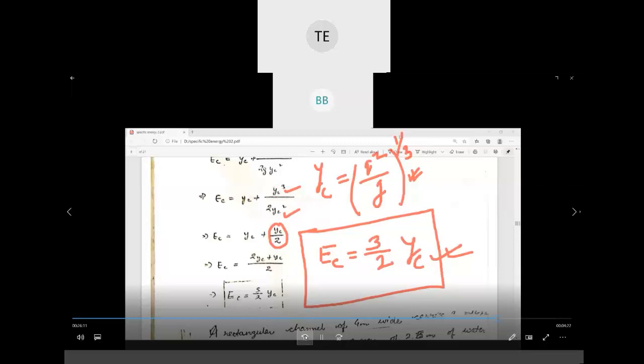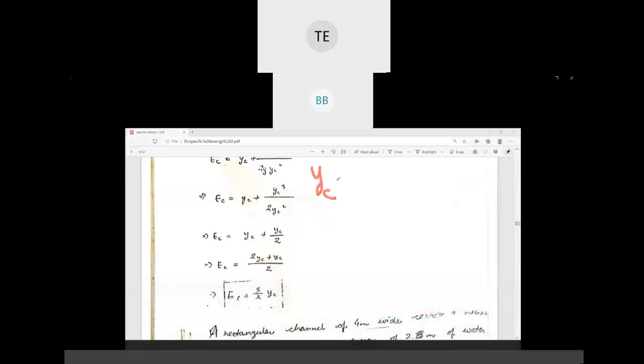Okay. So derivation is not in your syllabus, but if you want, you can also derive by the same way. The derivation procedure is the same. Write down the expression for YC. Y is q square, because why I have given you this expression: when you go for competitive exam,